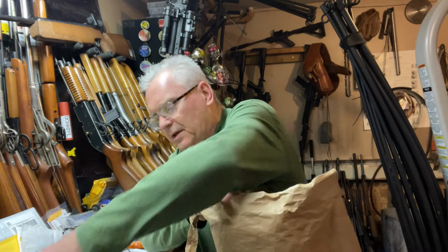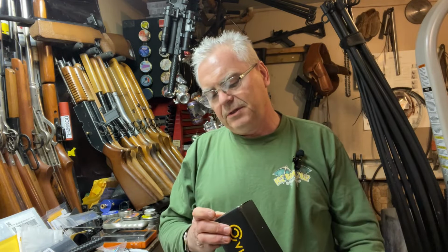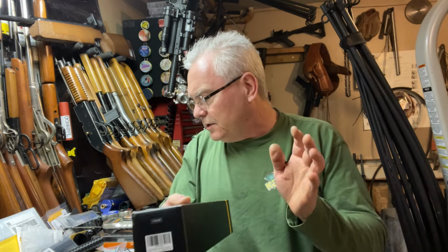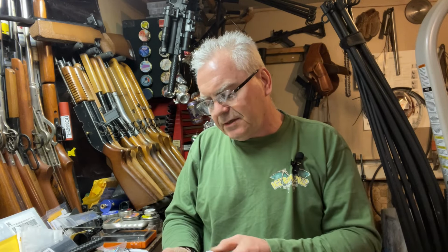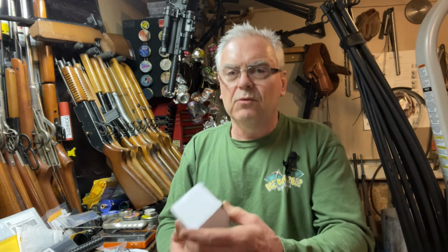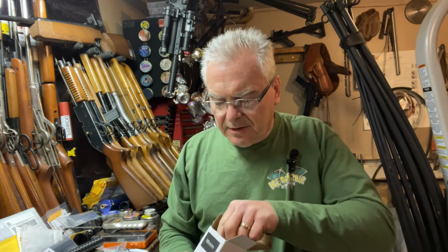So this is kind of a repeat buy here, which should tell you something. I'm not even going to open this one up right now, but this is the CVLife 3-9x40 adjustable objective. That's the adjustable objective, and then this is the brand here, Mizugiwa, I don't know, I'm not really good at pronouncing stuff, but this is that scope mount that you guys saw